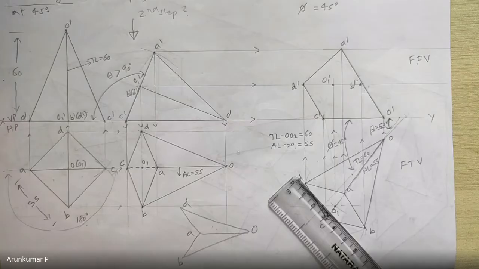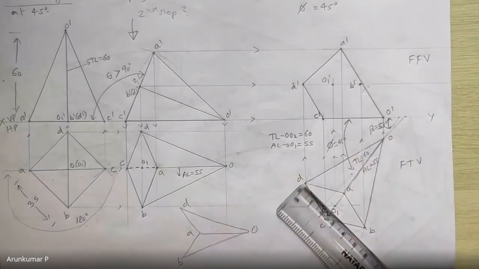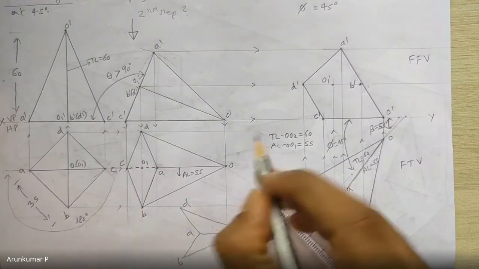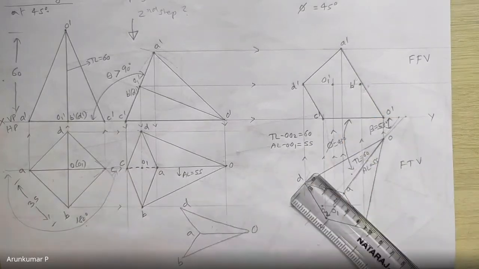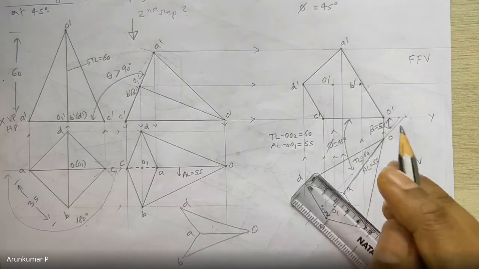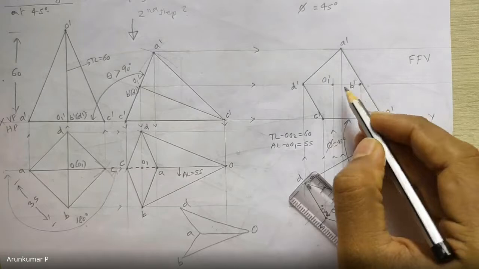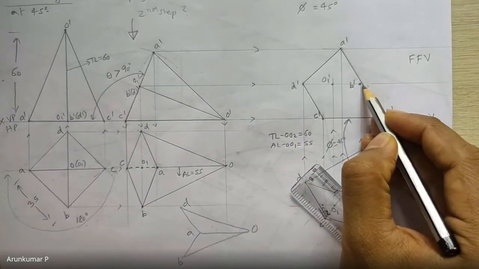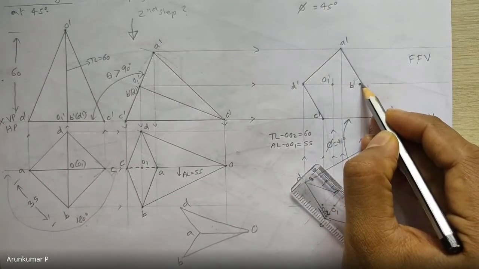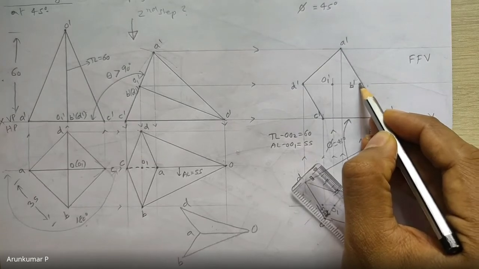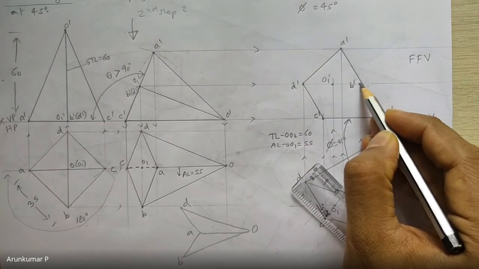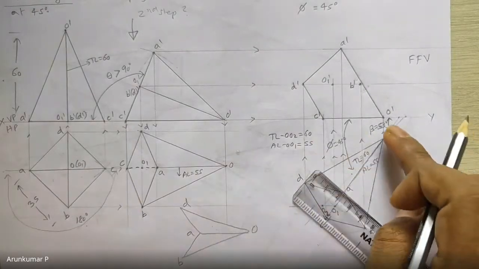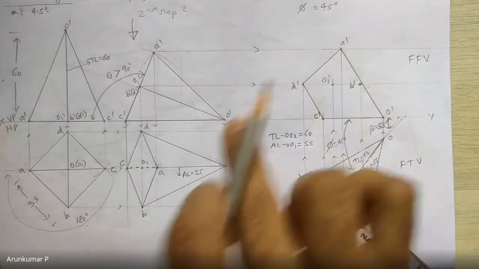Interior. Yes. But what is the gap? Is it very less or too much? Less. Yes, this is the point. So hardly 1 or 2 mm will be the gap, which will make a point an interior point or an exterior point. Just imagine if B dash was slightly 1 mm away, it would have become an exterior point. Then you had to join O dash to B dash and then B dash to A dash.